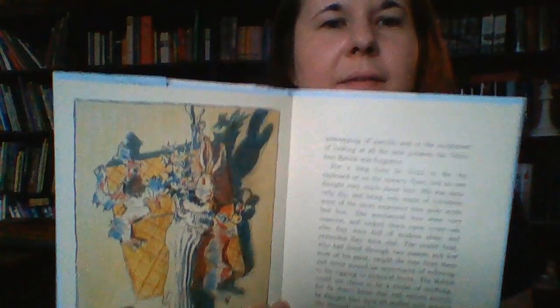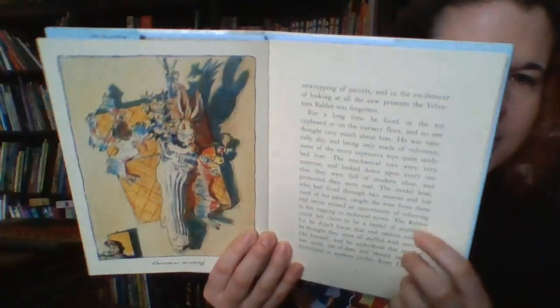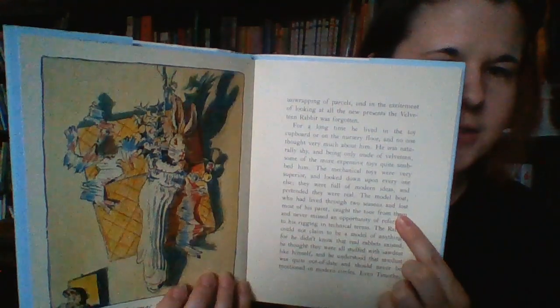But the reason why I bring up the Velveteen Rabbit is it's still what you'd call an illustrated book, where you have text on one side, trying to get rid of the glare, and pictures on the other side. But it was ramping up for picture books, like we talked about in the last video, where it's one unit that works together. So Velveteen Rabbit's kind of the honorable mention as an early picture book, but the very, very first